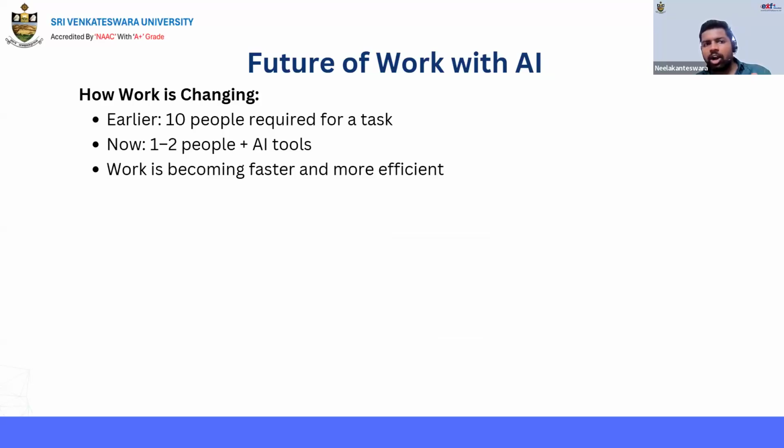Okay, so it can't replace those 2 people. Those 2 people are compulsorily required. Only the remaining 8 people's work is going to be replaced by AI, so work is being faster and more efficient with the AI. And now see here, what about those 8 people? These 2 people, it's no worries. And what about those 8 people?